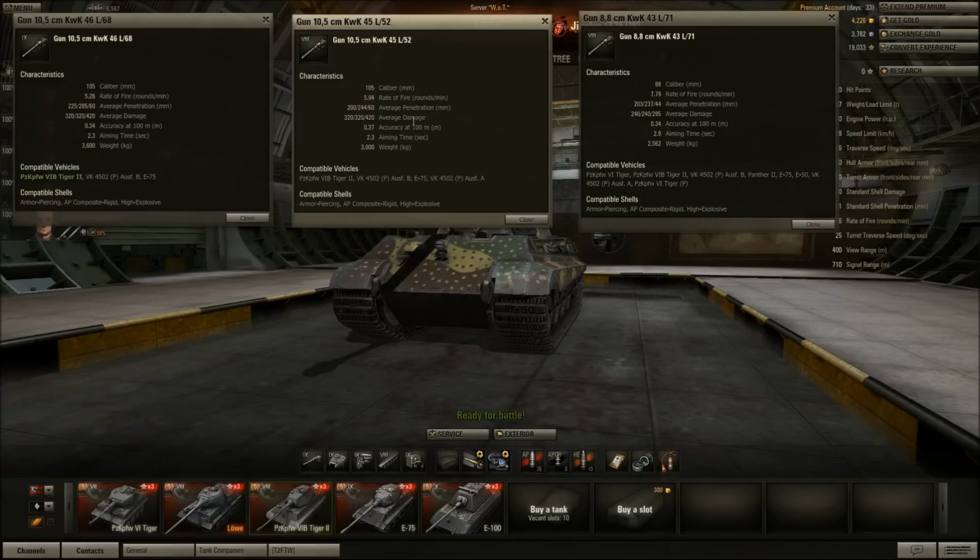And the reason they do that, they're not crazy, it's still a good gun. And it's very economical to use. The ammo cost of the shells, once you start using 105mm guns, it's like every time you fire you spend over 1,000 credits. And for that reason, a lot of people don't bother using the L52 because the ammo cost